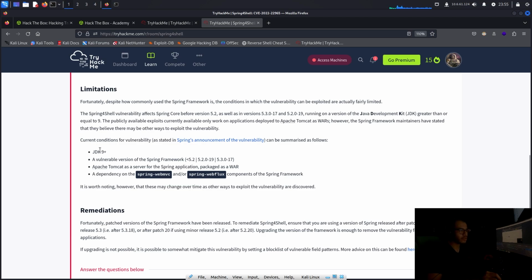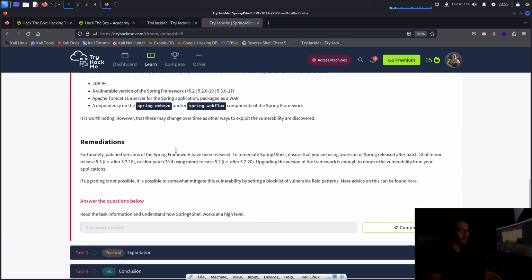So you need a Java development kit of version greater than or equal to 9, a vulnerable version of the Spring framework, which has to be less than version 5.2 or these versions, Apache Tomcat as a server for the Spring application, packaged as a WAR, a dependency on the Spring Web MVC and or Spring Web Flux components of the Spring framework. It is worth noting, however, that these may change over time as other ways to exploit the